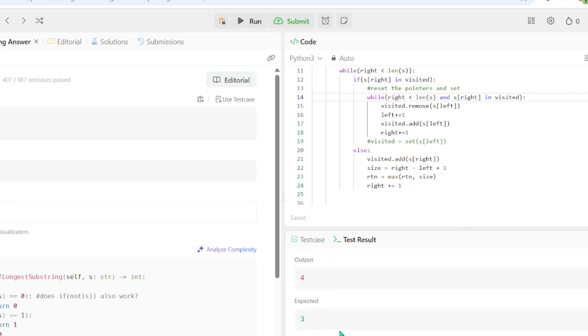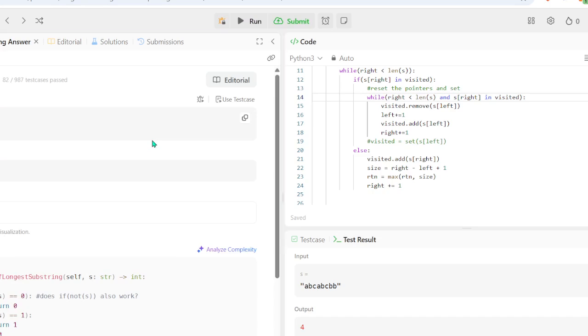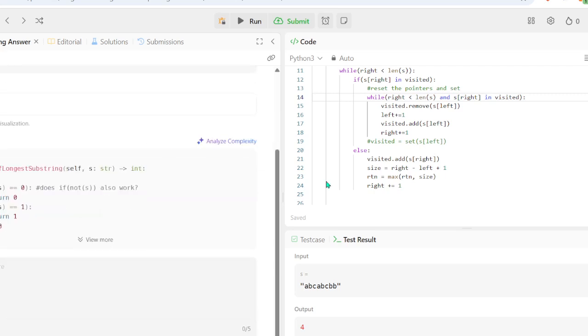Okay, so am I just overshooting it by 1 now? I don't know. Why is this thing 4? Okay, wait. Let me just try submitting it. I just want to see if all of them are off by 1. Oh god. Why is this saying 1?